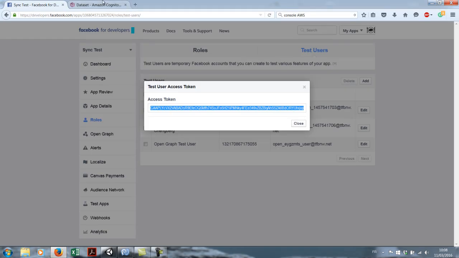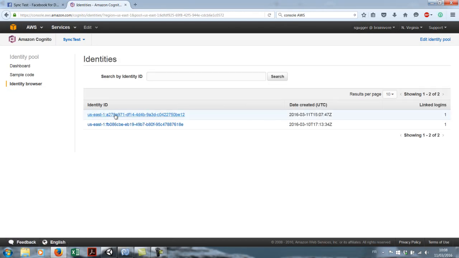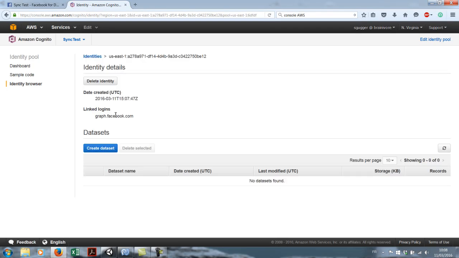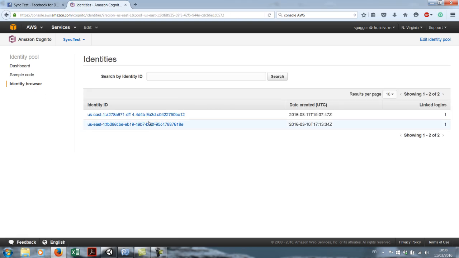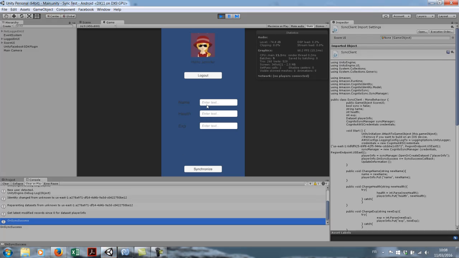If we go see on our identity browser, we will see that a new identity was created, and this new identity has no dataset right now because when we synchronized, there was nothing in our player info dataset. We put the Facebook ID, but after the synchronization. But the important part is we have a new identity and everything went well. We are going to add some value